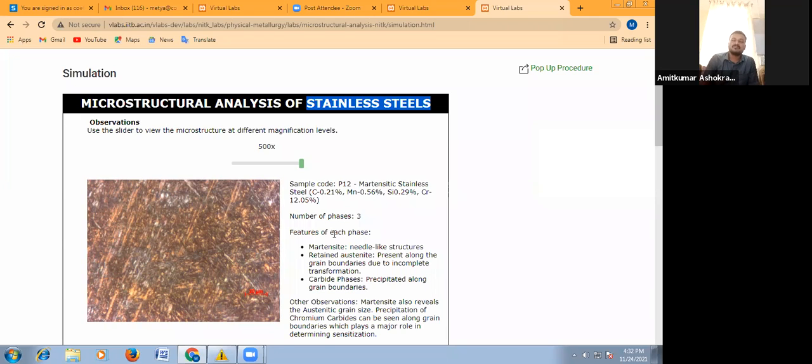The procedure will be the same: using the belt grinder, then rough polishing, fine polishing, application of the etchant, that is the etching method, and observing the microstructure. These methods will be common in all microstructural analysis for almost all materials. Just the sample specimen and the etching agent or reagent will change. The remaining method will be the same.